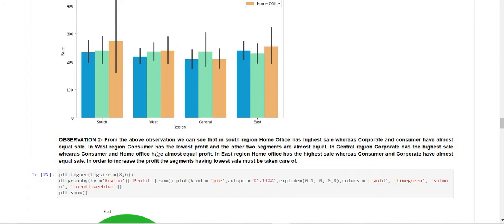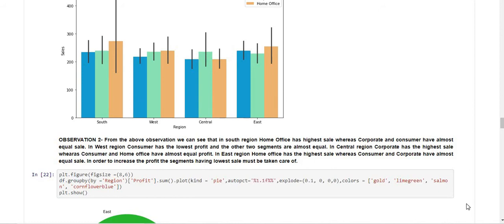Again, in the West region, consumer has the lowest sale and the other two segments are almost equal. In the Central region, corporate has the highest sale, whereas consumer and home office have almost equal sale. In the East region, home office has the highest sale, whereas consumer and corporate have almost equal.